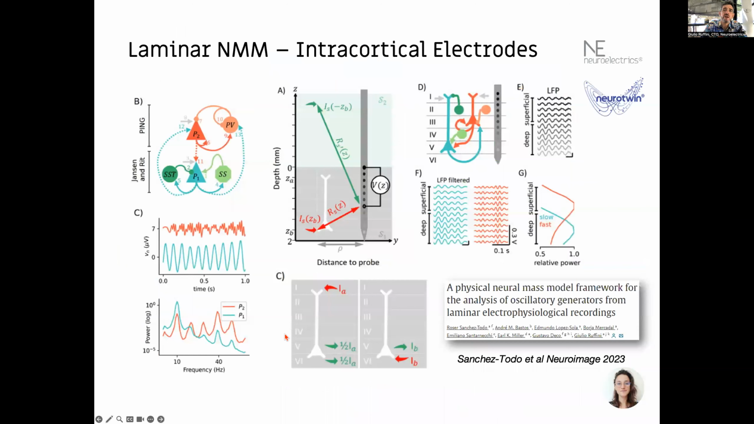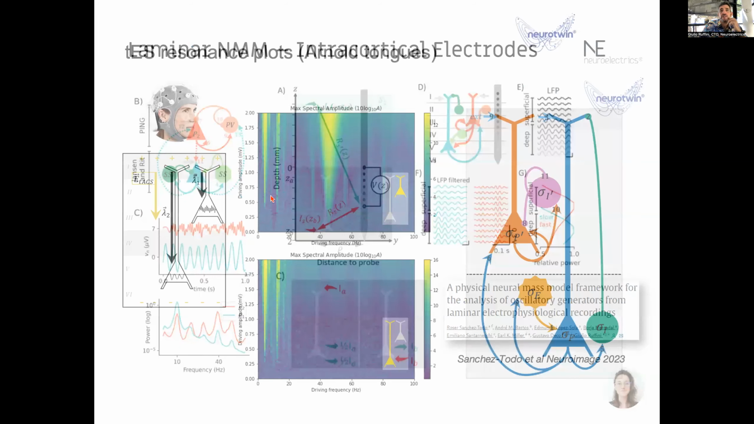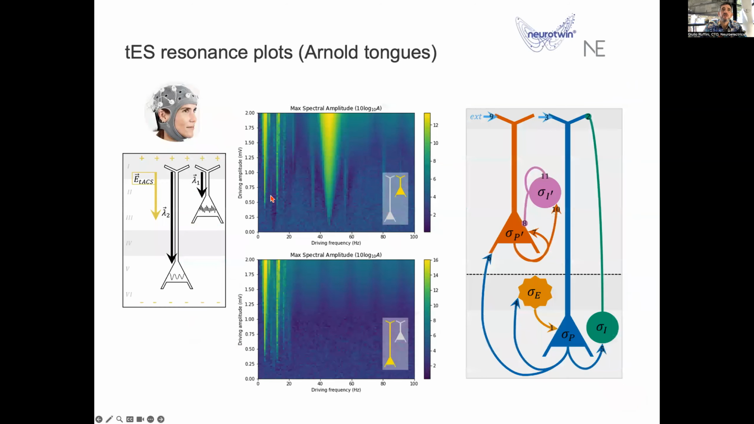And in a similar vein, in work led by José Sánchez Todo, we deployed the laminar model in order to reproduce macaque monkey measurements with multi-probes. And we show that with this model, we can reproduce the deep and superficial distribution of fast and slow power generated by the cells. And we also studied how these models respond to stimulation,